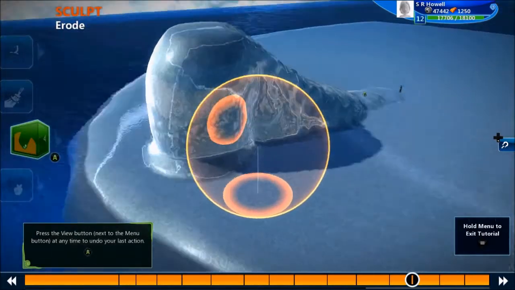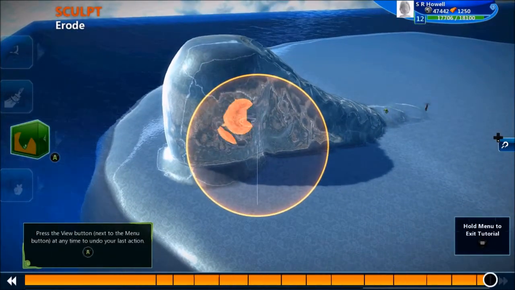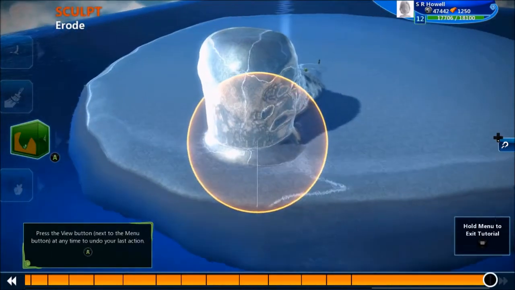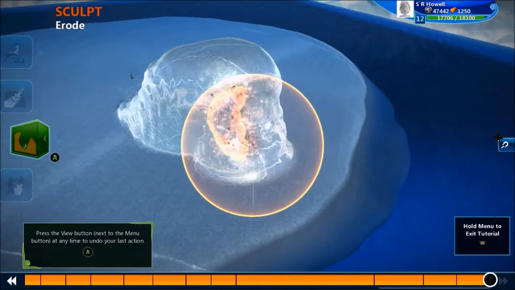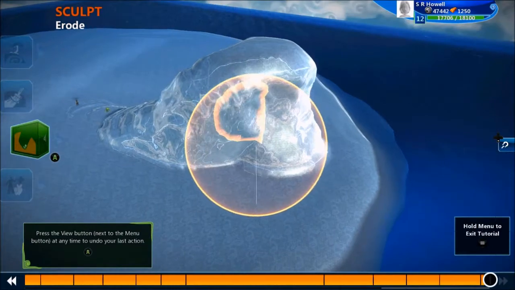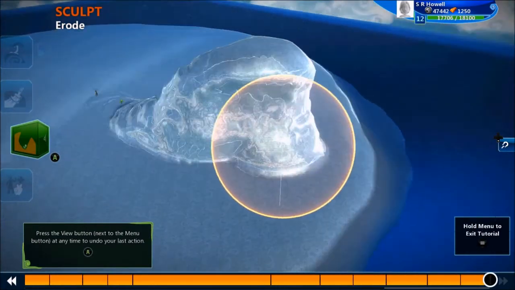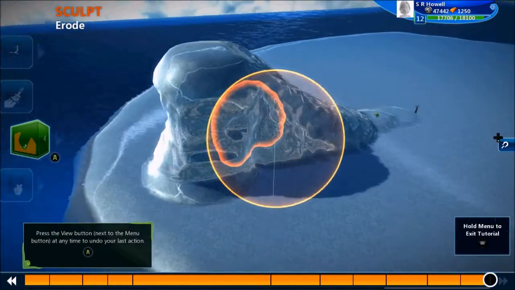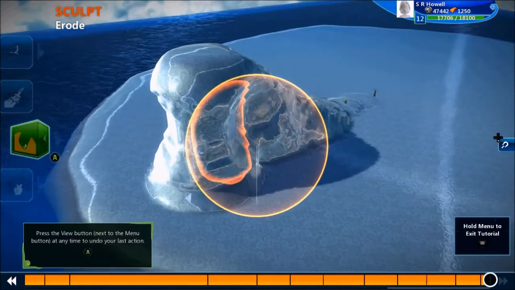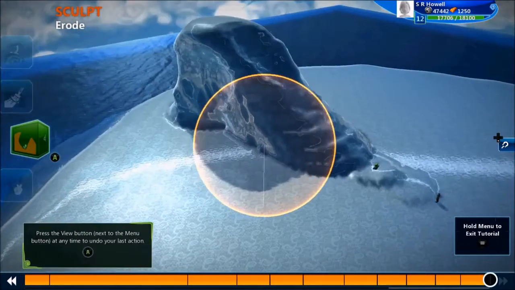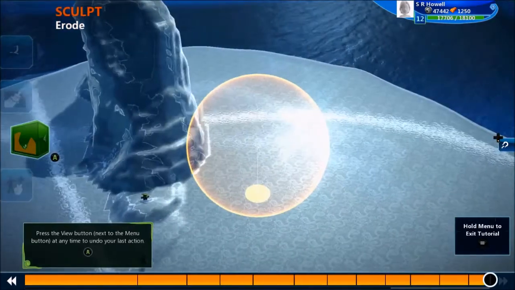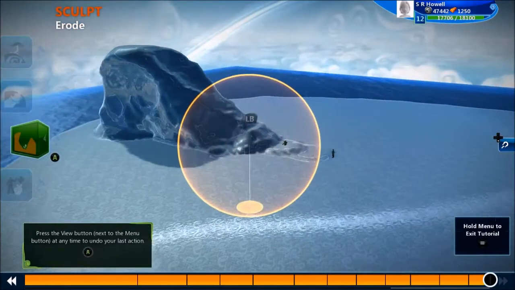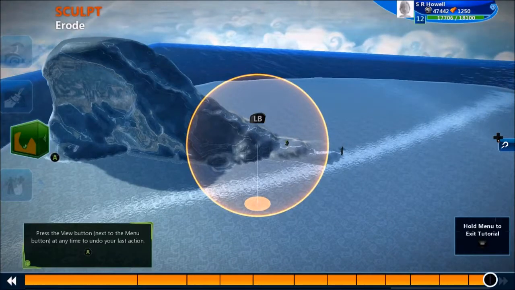So I'm going to come out and erode away a little bit more. And we'll erode away a bit there. So it's a strange mountain, but it's our Project Spark mountain. I think it's very, very nice. So we'll remove a bit there. So there's our mountain, and it says we can use the view button at any time to undo our last